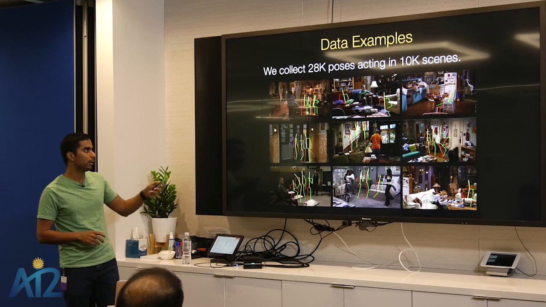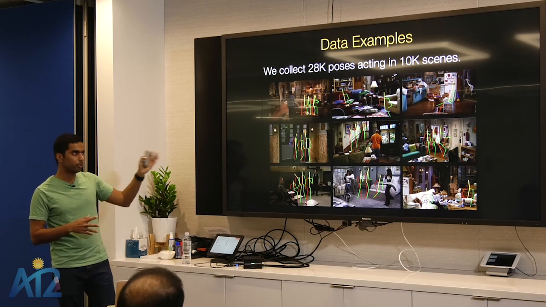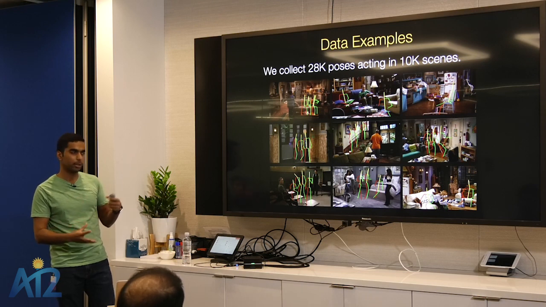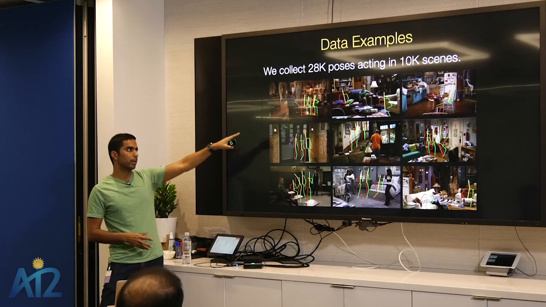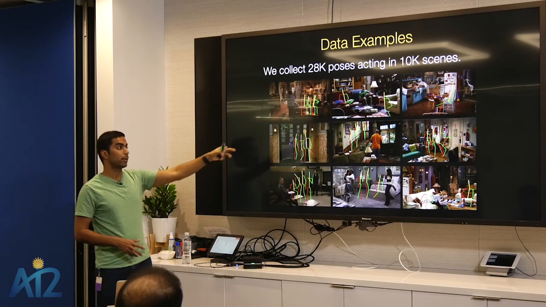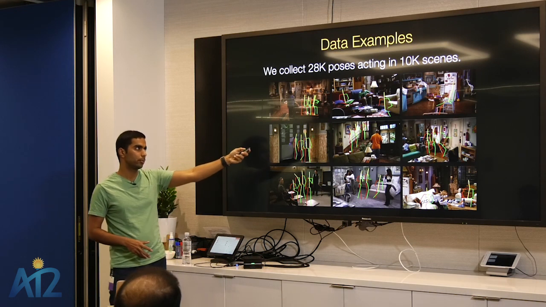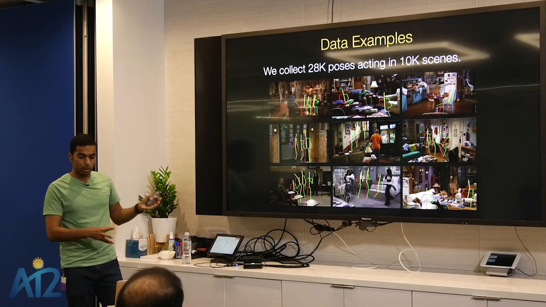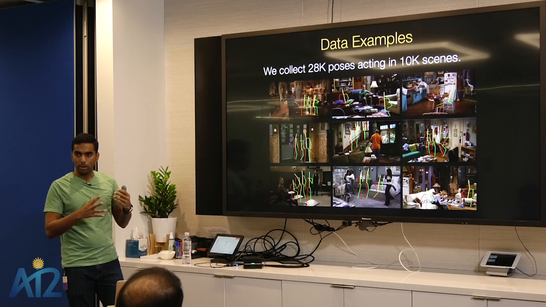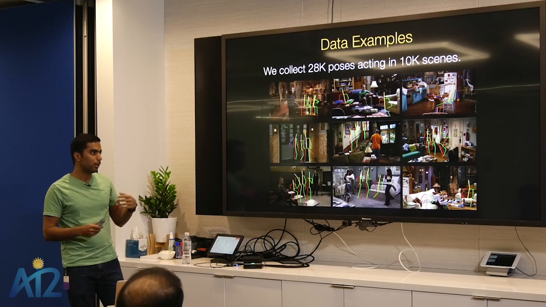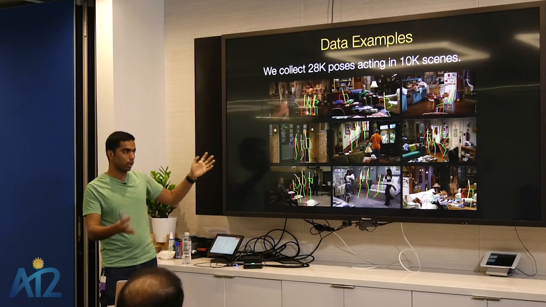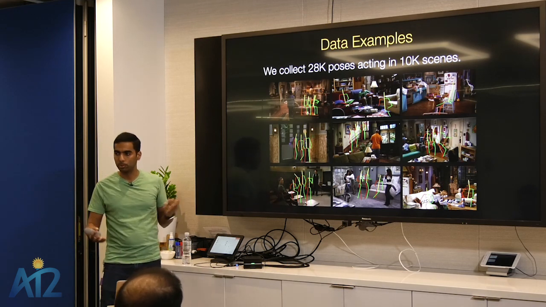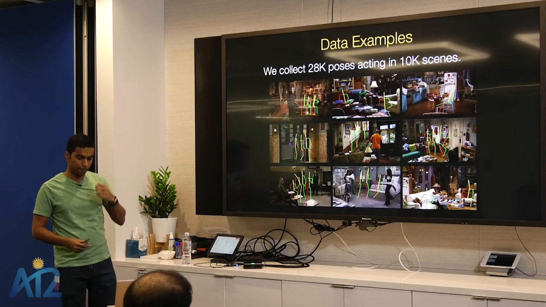What we are seeing here are individual frames from the TV shows, and they have been labeled by the ways a person can exist in that scene. For example, people can sit on a sofa. People can sit on a sofa in a different way, cross-legged, for example. People can even sit on the floor, for example, here. And this is all being collected automatically in a method I'll talk about in a minute. But basically, we're able to collect all of this data that can then be used to learn a model to go from scenes to predicting possible affordances in a given scene.